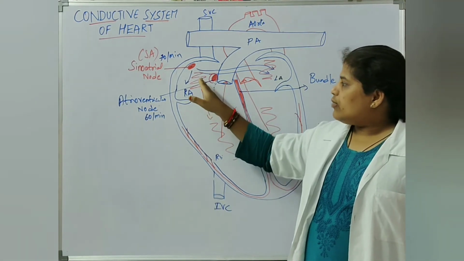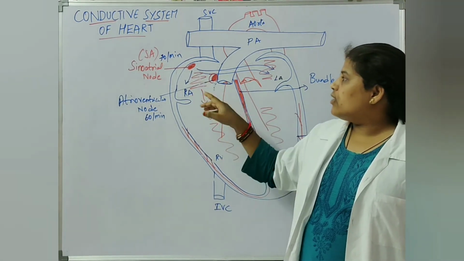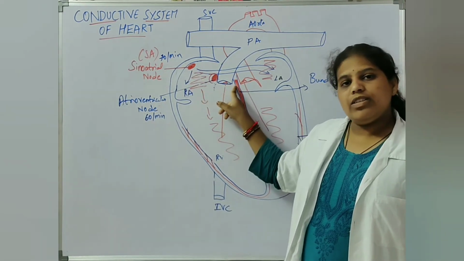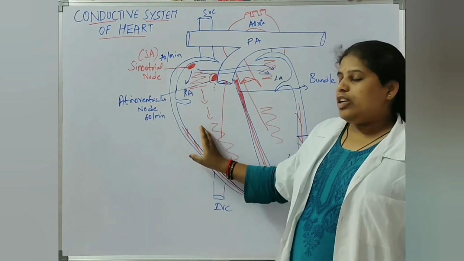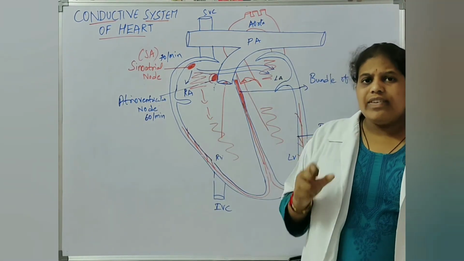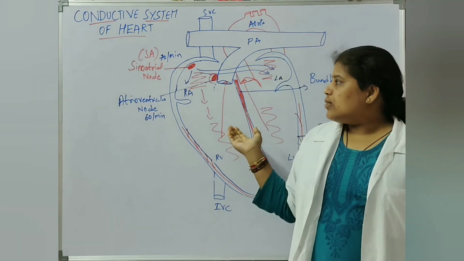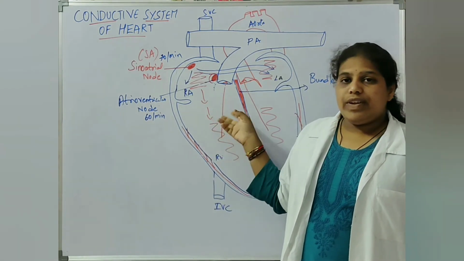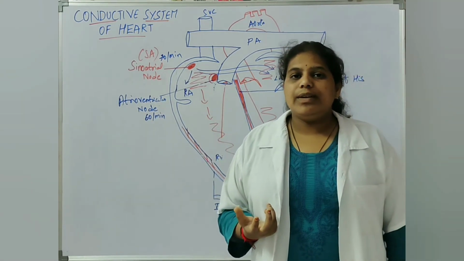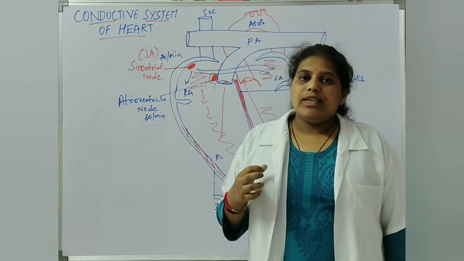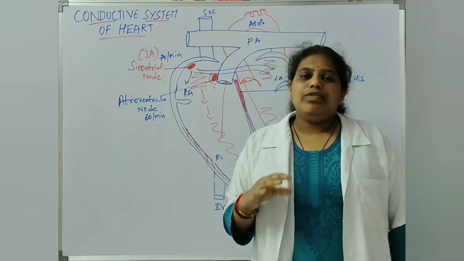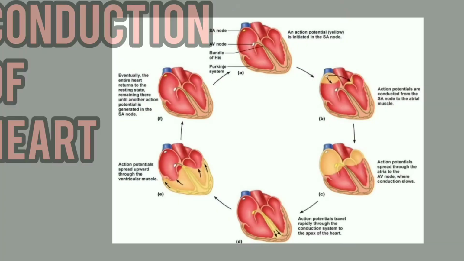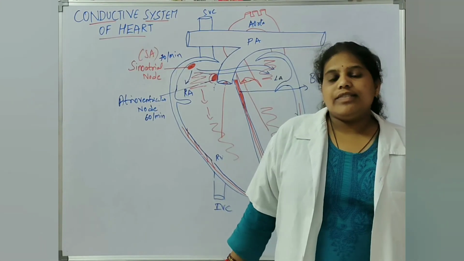So after the blood has filled from the atrium into the ventricles, only then does it take the signal from the SA node and transmit the impulse to the bundle of His, so that only after the filling of the ventricles can the ventricles contract. This is the most important function of the atrioventricular node, which is delaying the impulse for the filling of the ventricles and preventing the contraction of the ventricles before filling the blood in the ventricle. This is about the conductivity of the heart.